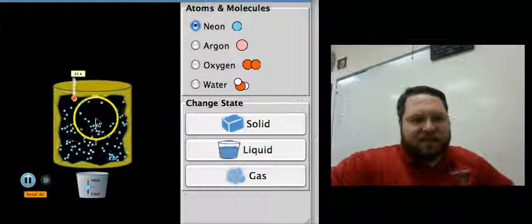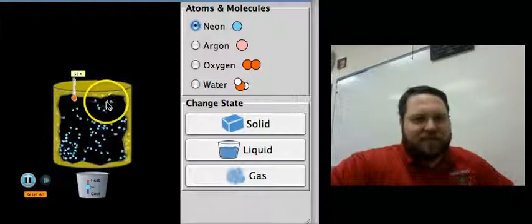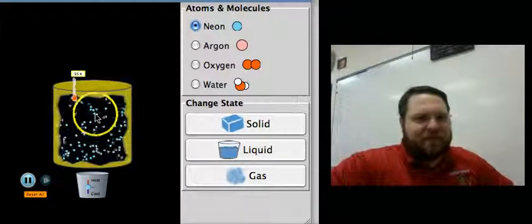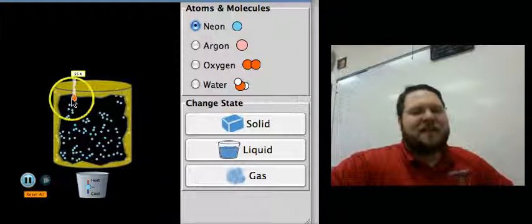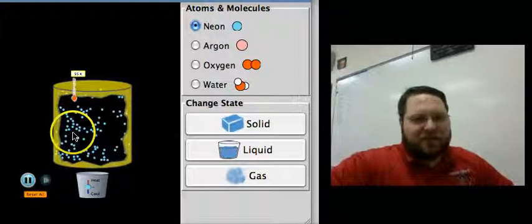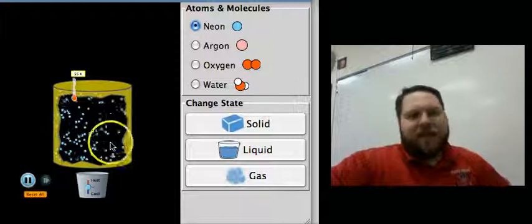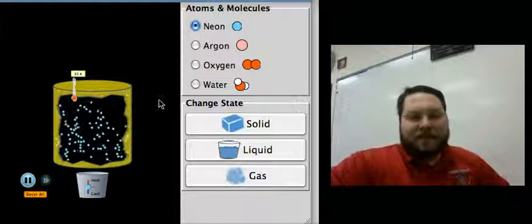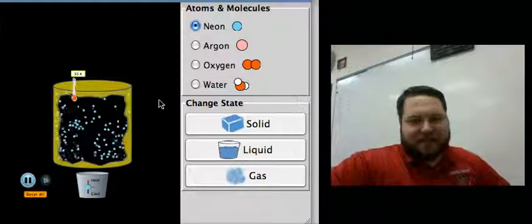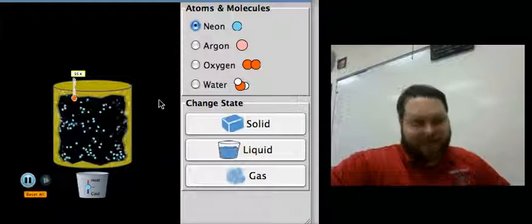And notice they're not all moving at the same speed. Like if you watch one of these, some of them are moving kind of slow, others are moving fast. So it's important that we take the average speed. If we take just the most common one and find that. We can play around with this idea that the temperature is dependent on the kinetic energy, which is dependent on